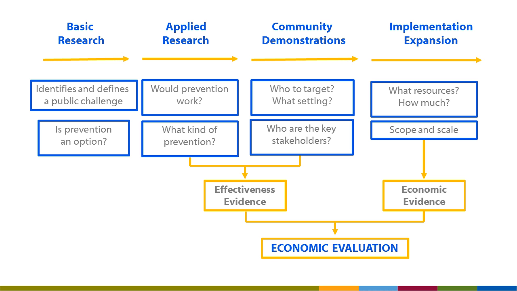The next step is when you assess how you're going to actually implement that prevention work and how you're possibly going to expand it. And while you do that, you're going to be assessing what resources will be needed for that implementation, how much it would cost, whether there are some must-have ingredients in order for the implementation to be properly done, and whether there are some would-be-great ingredients that would be great to have but are not necessary, because that will